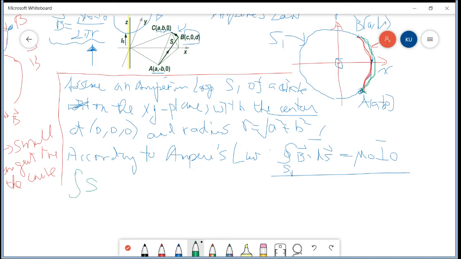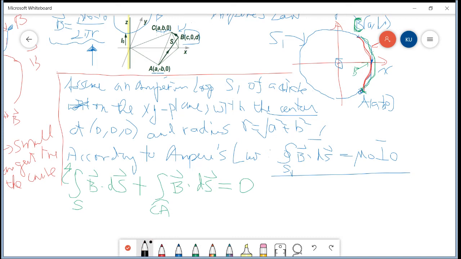This is not B, this is C. This should be C. This point should be B. So in this case, we have B dot ds over the path S, which is what we want to find in this question, plus B dot ds from the arc C to A, it should be 0. Also, according to Ampere's law,